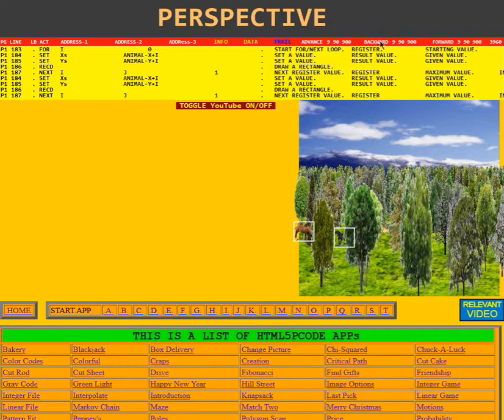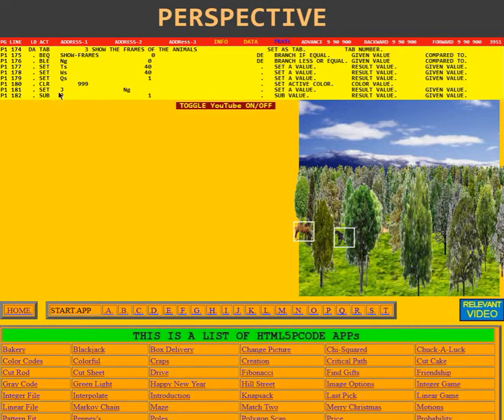But I can go backwards. I can go back 9 instructions. There I see it, 999, that's white. A lot of red, a lot of green, and a lot of blue makes white. Well, let's say I wanted to make that red, but I don't know where in the program it makes those boxes. Although it says here it's subprogram 1,